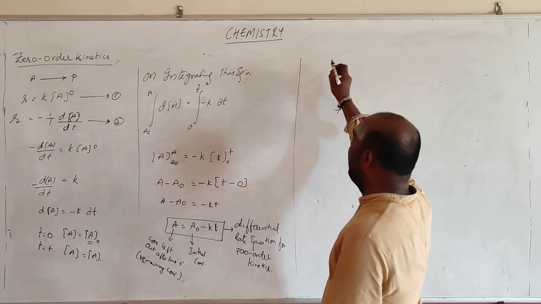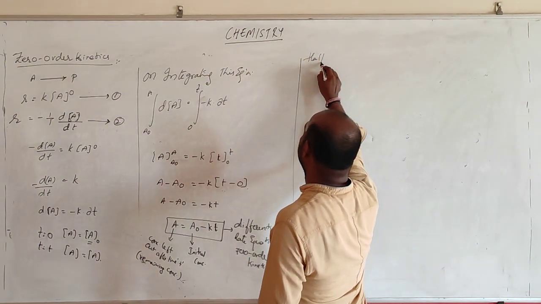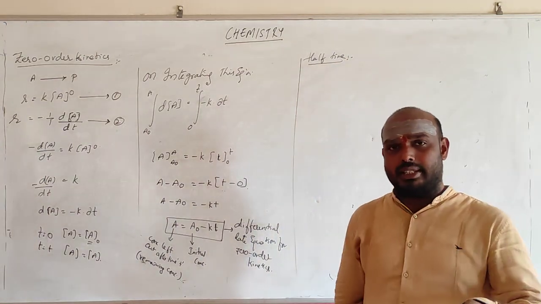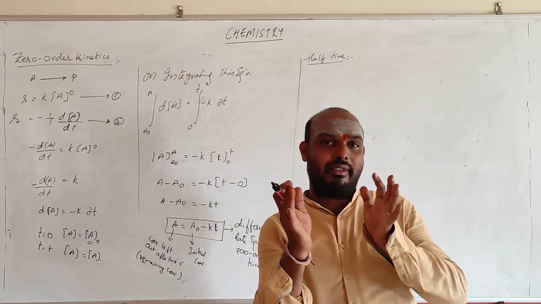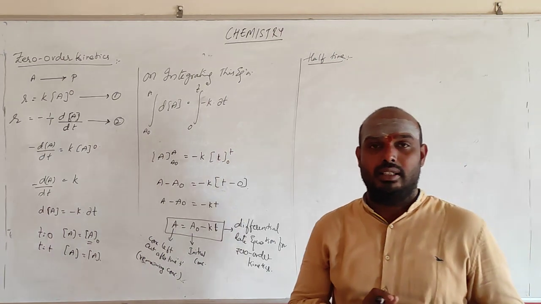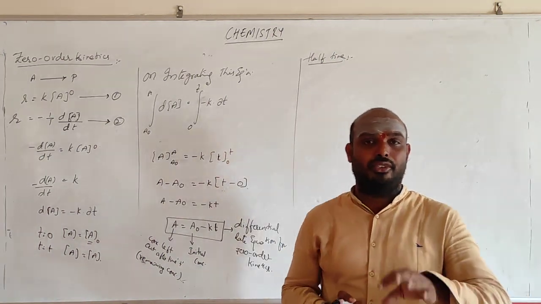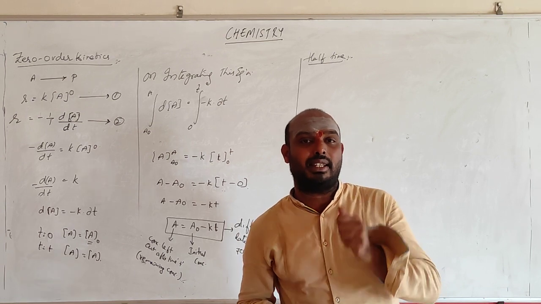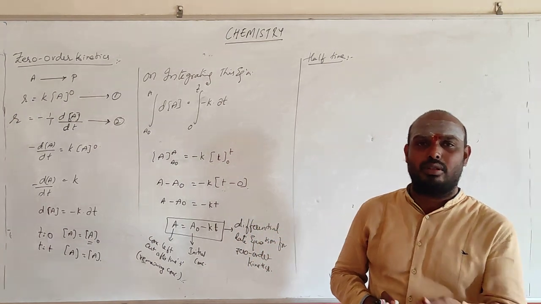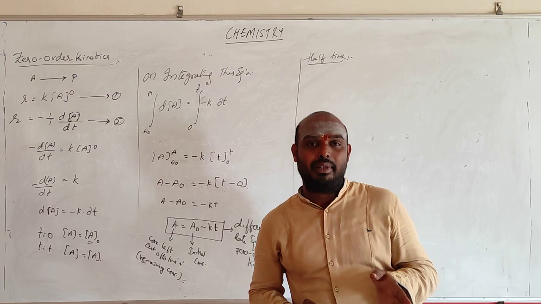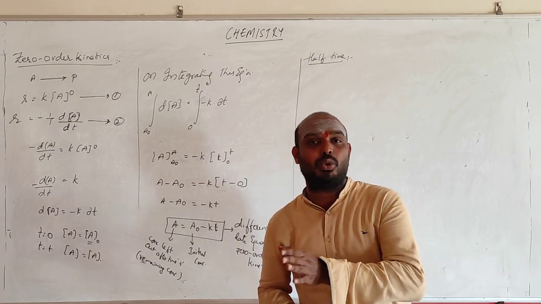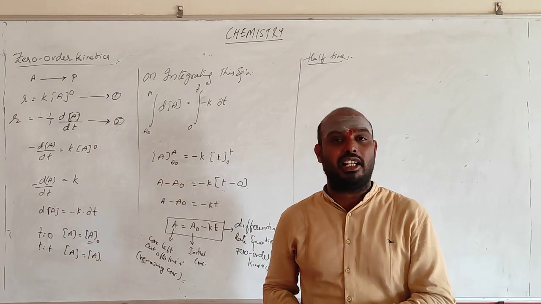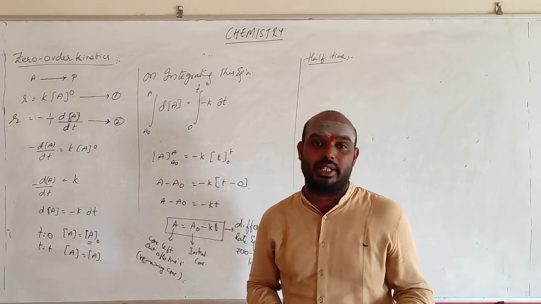Right? Now take half time. For any substance, suppose we have 20 bananas. If we have eaten 10 bananas, how much time has it taken? It will take some 2 or 3 hours, right? The time taken for any substance to reach half of its amount. If it is 1000, then 500. If it is 100, then 50. If it is 2000, then 1000.